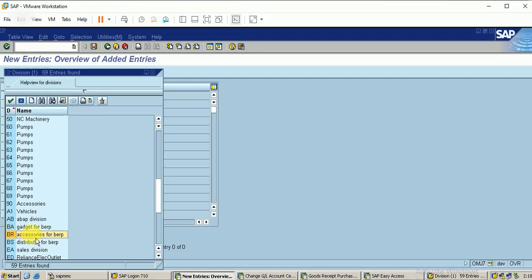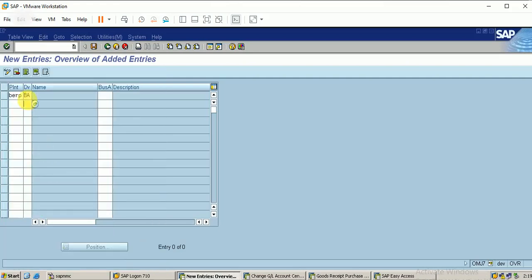I have three divisions: BA, BR, and BS. So for my plant and for different divisions, I'm maintaining the business area. Okay, click on save.